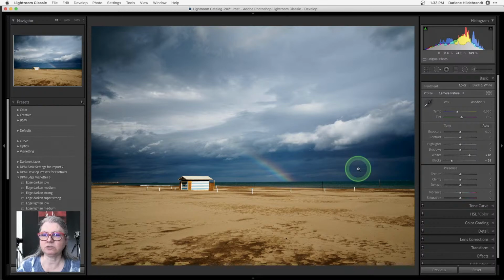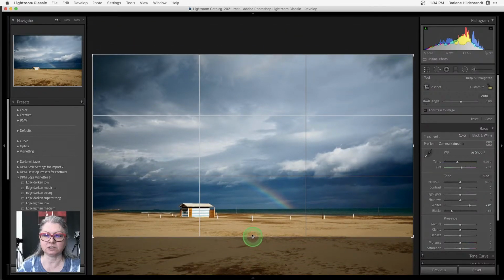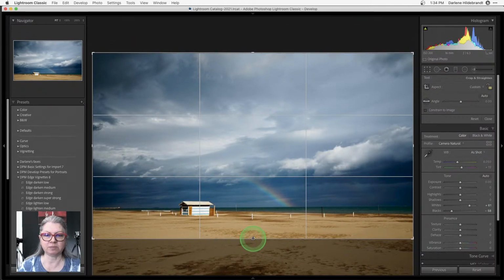Next thing I'm going to do is crop this image. I use a lot of keyboard shortcuts. So R gets me into the crop tool right away. And I'm going to do a freeform crop to get rid of a lot of this foreground. Because the sky here is really the subject of this image, and a third of this image is all beach, and there's nothing really interesting happening here. When you have a lot of foreground in your image, it feels, as a viewer, like it's far away, like you have to go a long way to get to the subject. So I'm going to do something like that.